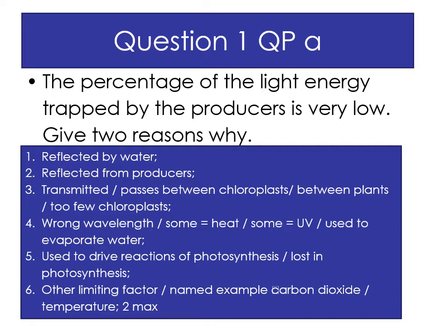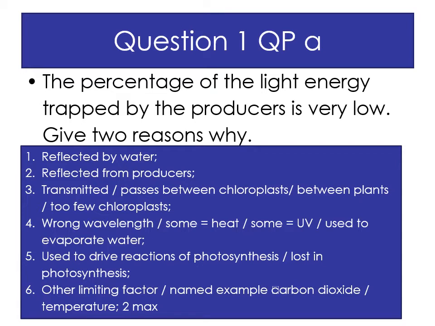And the fact that you could name another limiting factor. So you'll need 2 really strong ones. Okay, so I've given you 4 bullet points. I've given you some of the light's reflected. I don't think you get it without saying energy now after light every time. So you might want to put energy after light every time. Some might be absorbed by the atmosphere. Now that's no longer coming up on the mark schemes, as you can see. So you might want to bracket that one in your keynotes.